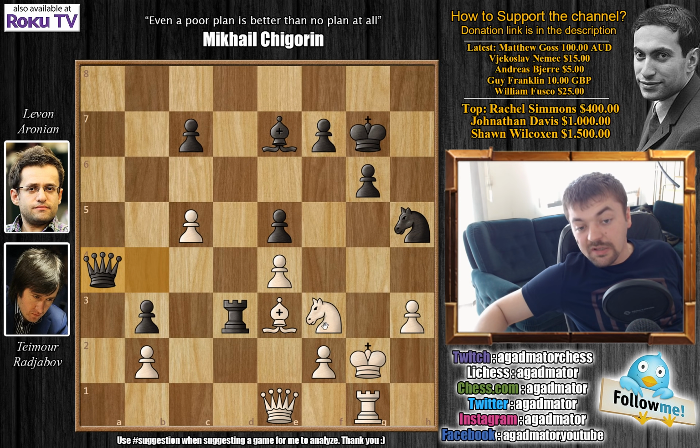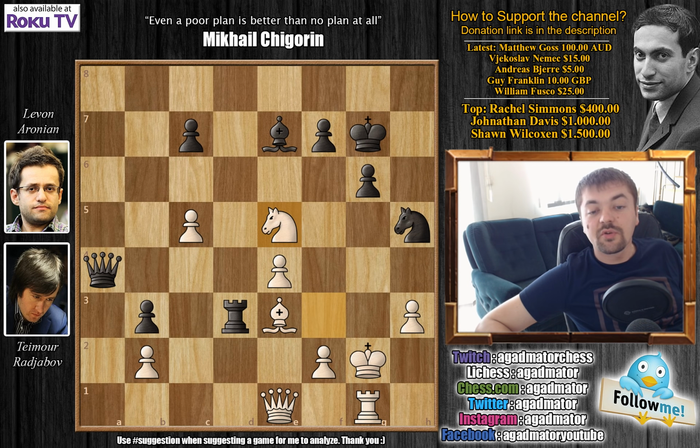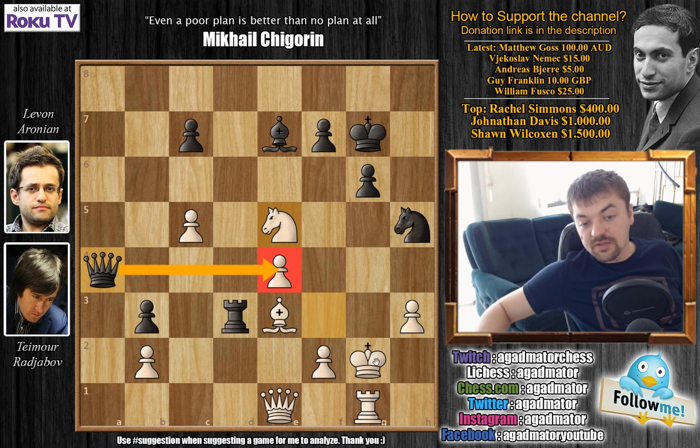Radjabov actually played knight captures on e5. And in time pressure, things like this will happen. It seems like there really isn't a way for black to capture this, check the king, and then win the knight on e5, because you always have this bishop to h6 check. But the problem is,